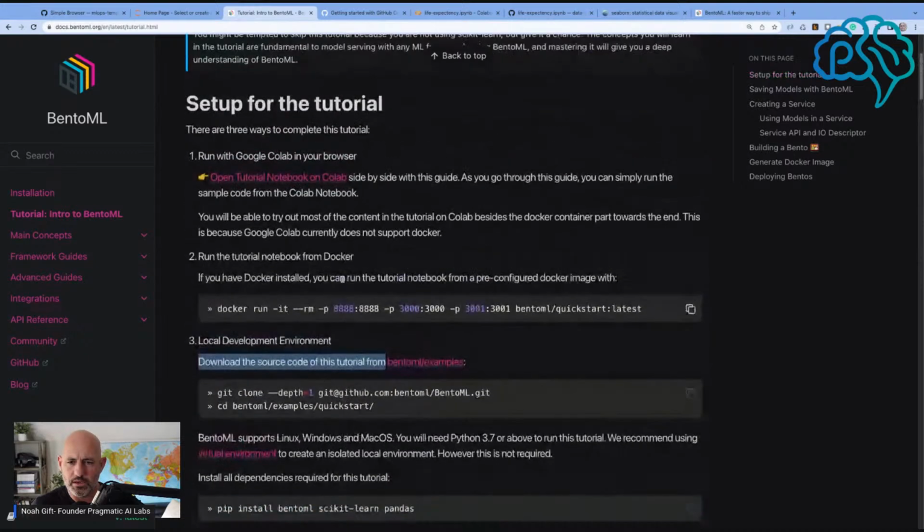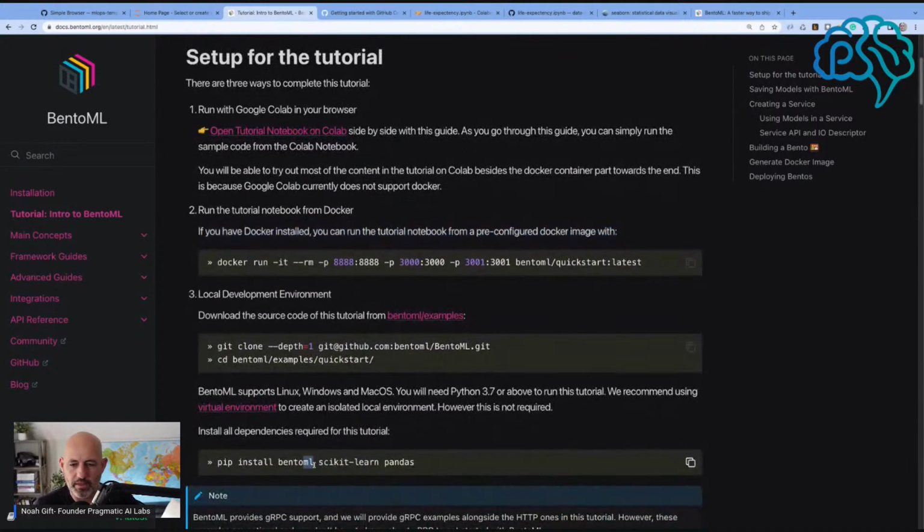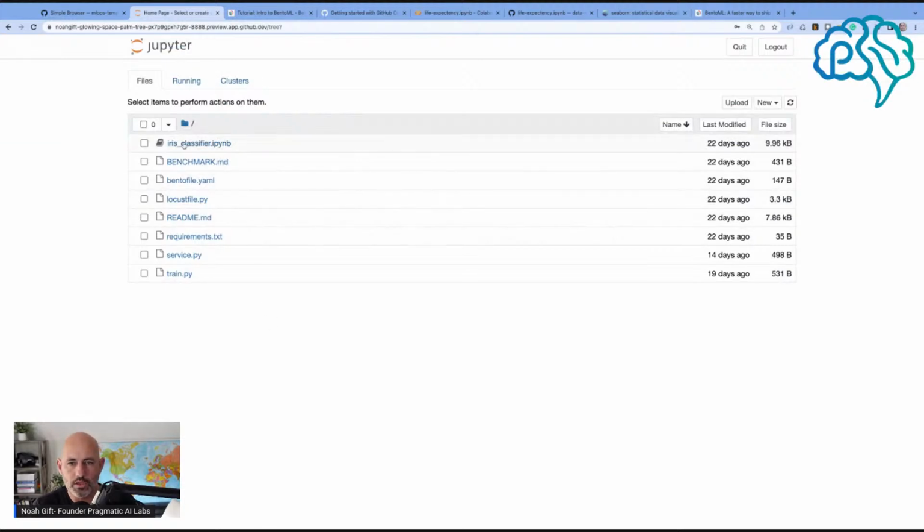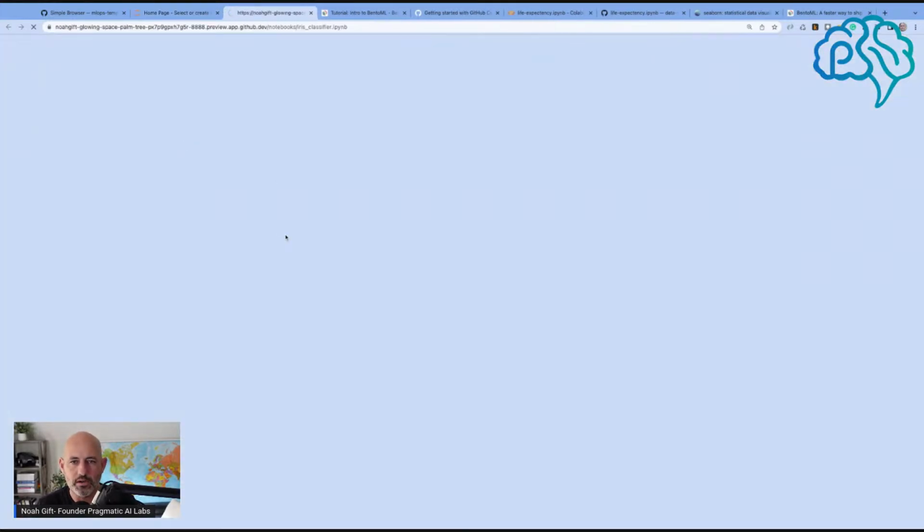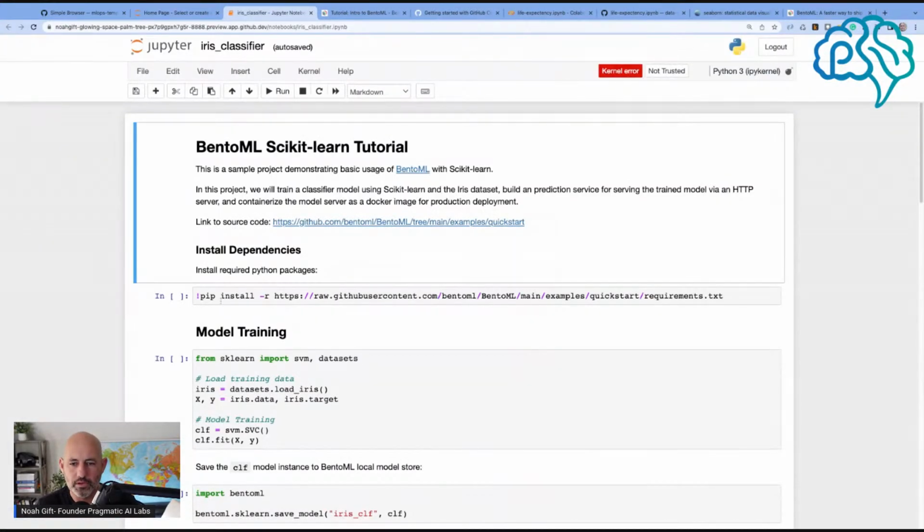So let's see here. If you have Docker, yeah, that's what I was thinking. We don't need to do anything because, in fact, I can verify this by just trying to import BentoML. So if I go to this notebook, oh, I see. They're going to install the requirements right out of GitHub. Okay, let's try it out. So pip install,